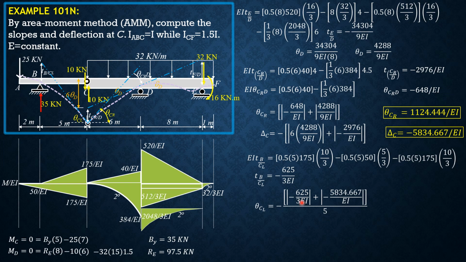So this is the absolute value of the deviation of B relative to C left, negative 625 over 3, plus this distance, which is equal to this delta C here, negative 5834.67 over EI, divided by 5. So theta C left is negative